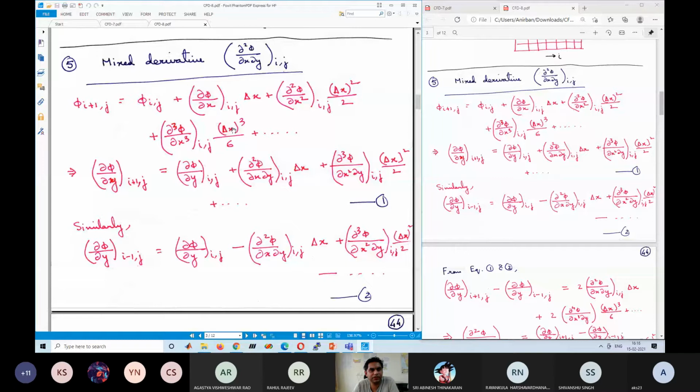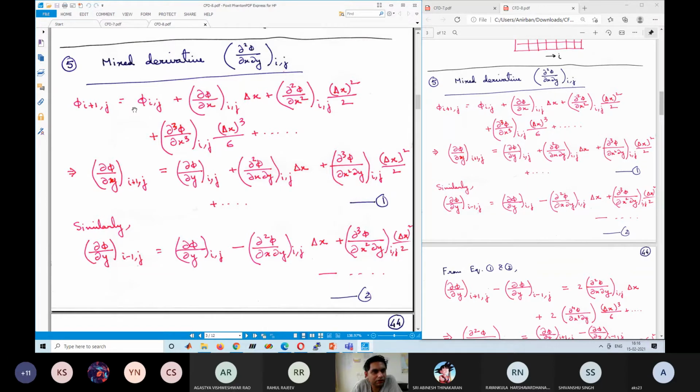Is there any confusion regarding the first equation? We have repeatedly seen it by now at this point. It should be very familiar to all of you. You need not memorize this, but it should be familiar how it looks, how this phi i plus 1, j can be represented in terms of phi ij. And this is how we have derived the first order terms.